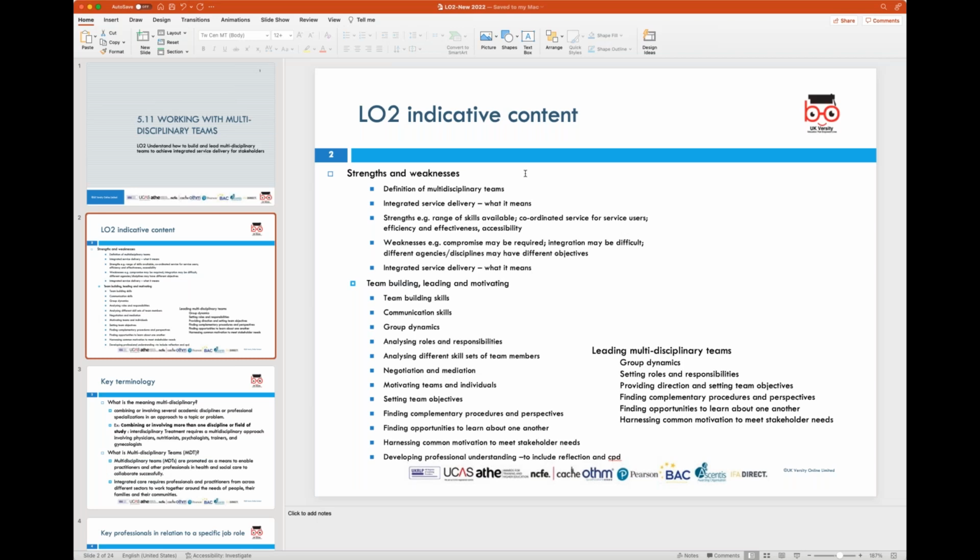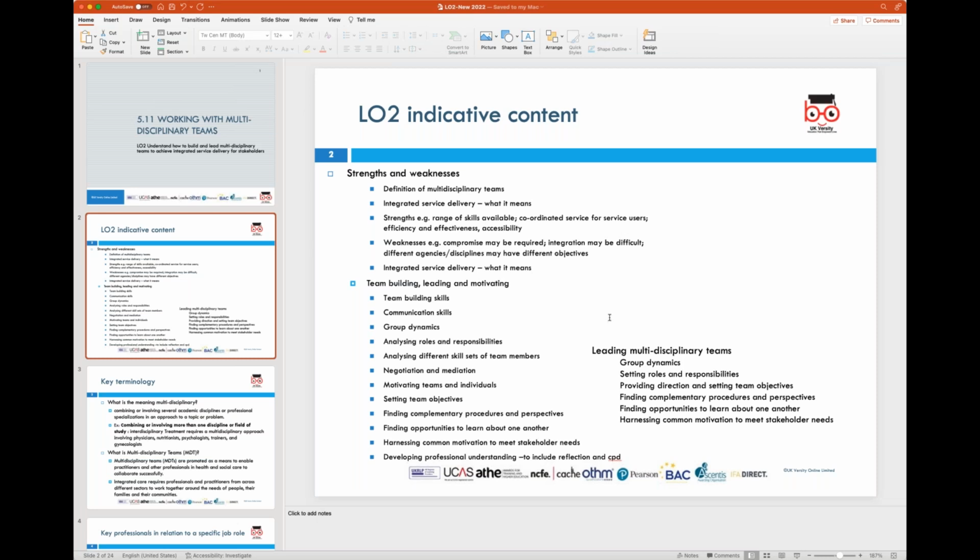to understand the meaning of the term integrated service delivery, because the whole idea of putting together, managing, and then leading this multidisciplinary team is to provide integrated service delivery in the health and social care sector. So we look at the advantages and disadvantages, or strengths and weaknesses: what are the main reasons why MDTs are formed, what could be the positives, and what could be some of the negatives